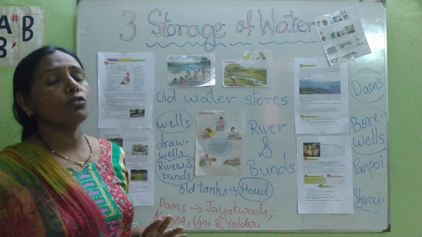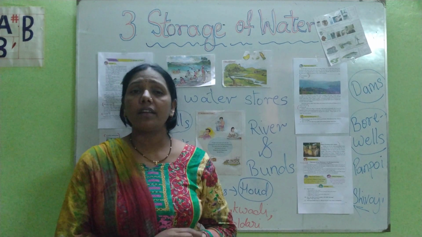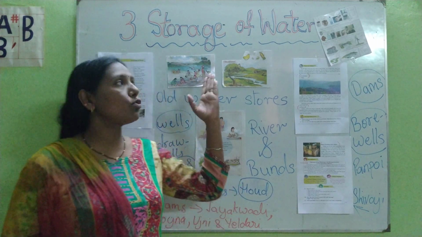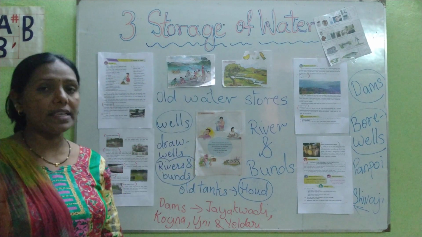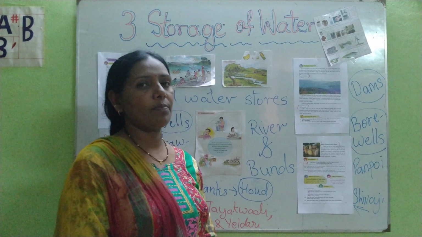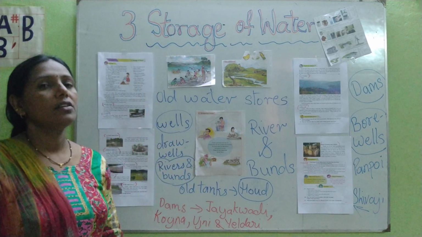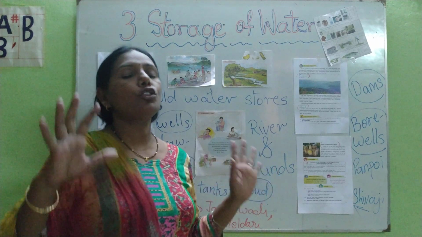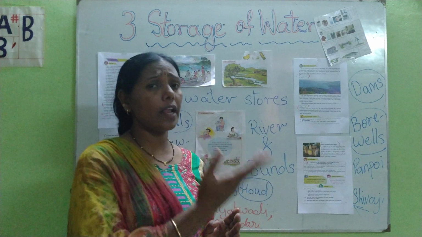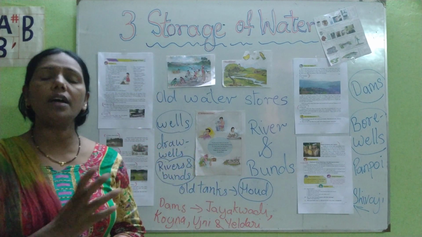But now throughout the year, we need water. Where there was a river, the people used to go to the river. But there were many places where the river water was not available for them. As we know, rain doesn't fall throughout the year. The rain falls for 3 to 4 months in the year.